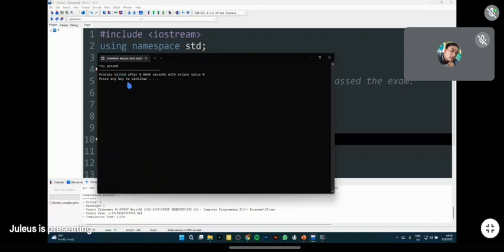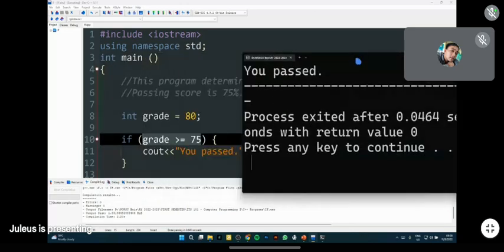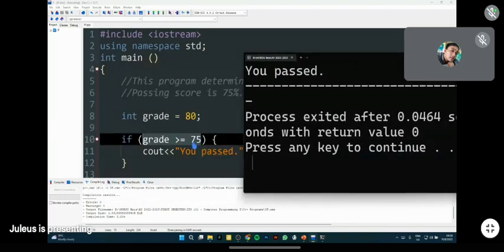It says here you passed. Because 80 is greater than 75, which is what we set in the condition.